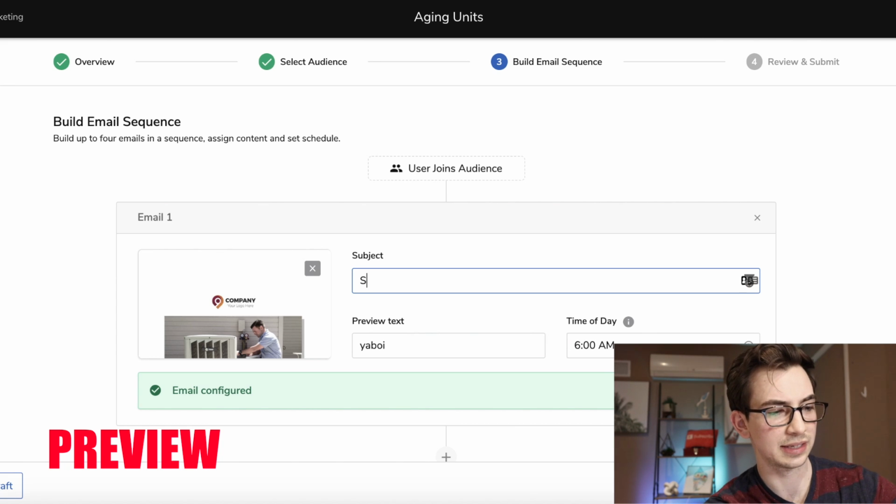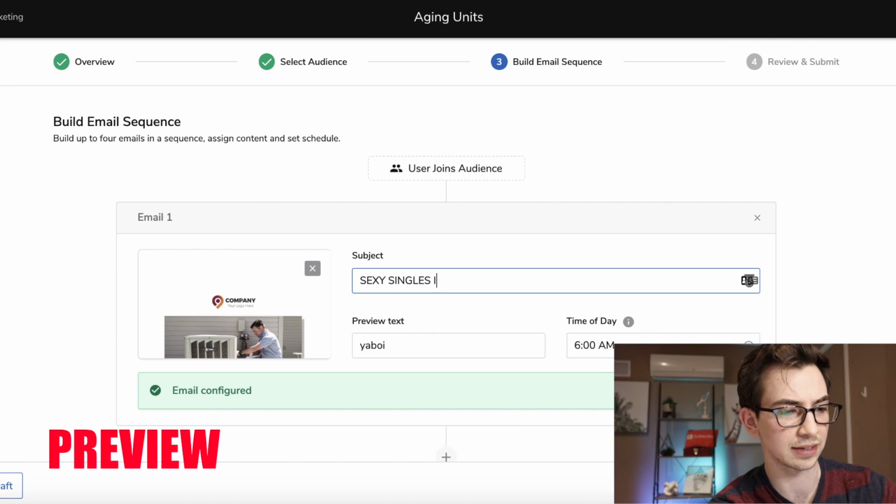All right, hang on. Sexy singles in area want to